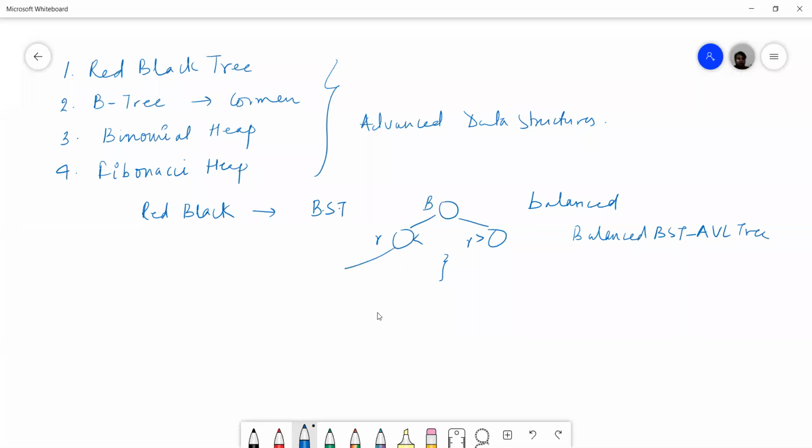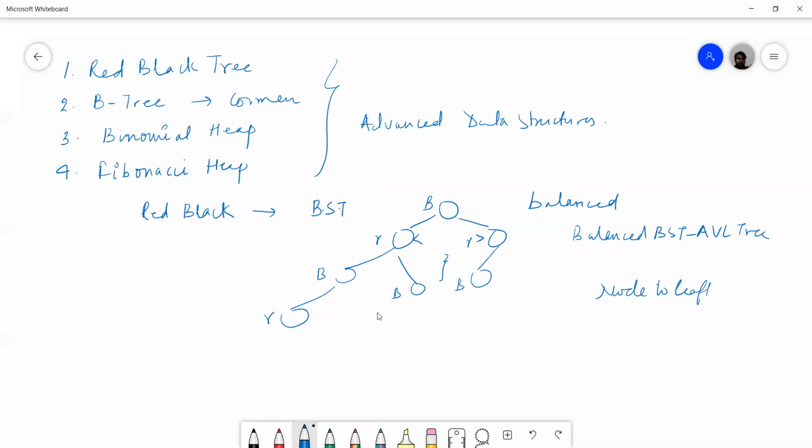So what is the black height of every node? Black height of a node means if I travel from the node to the leaf on any path, then for every node the number of black nodes must be the same at a particular level.